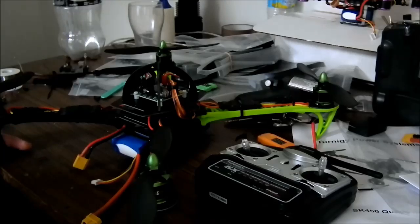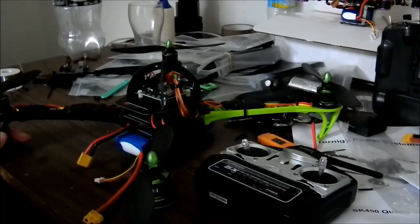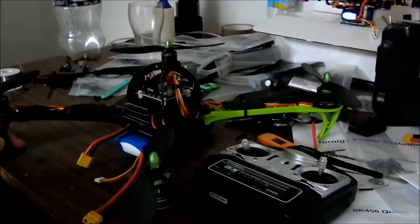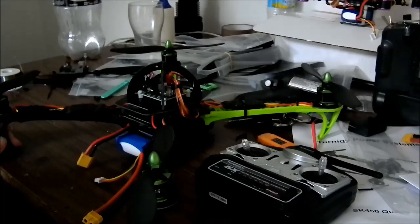So what I'll do is I'll show you some of the PID settings and stuff I've got on this one, just in case anyone else gets a bit stuck with their PIDs. I didn't have much luck finding any sort of examples, so I just started from the top, brought it down until it didn't oscillate and left it there. The controls are probably a bit mushy for some people, but you can just crank the gains up a little bit and